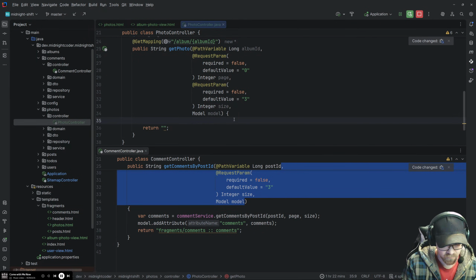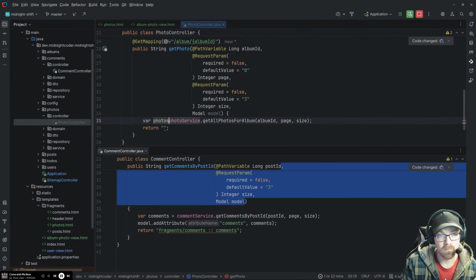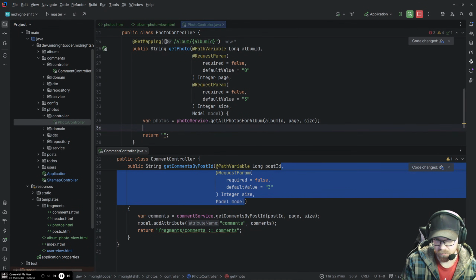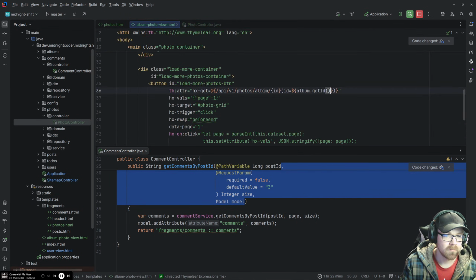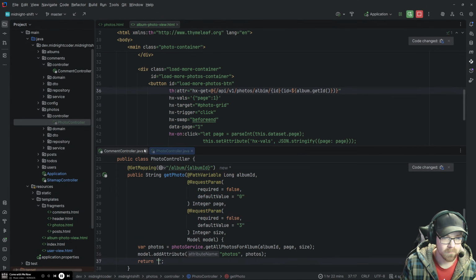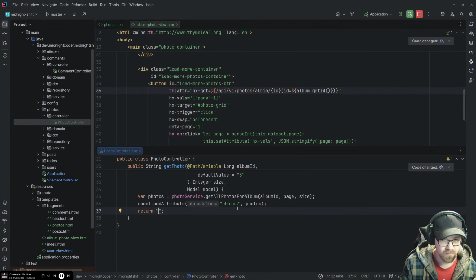So we're going to say the photo service, the find all for this. This is the photos. We're adding the photos. Probably should have put this down here. So we're adding the photos to it.